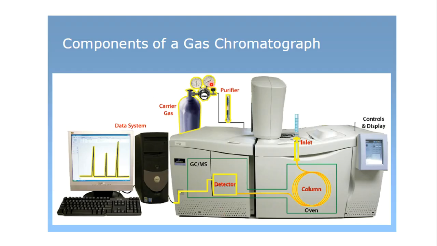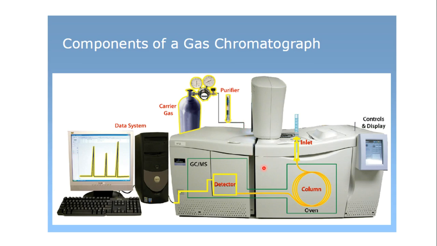Now this is again a chromatography instrument shown, where a cylinder containing the carrier gas is shown. Here a purifier could be present, any type of purifier, if we want to purify the carrier gas. This is the carrier gas flow regulator, where we can speed up or slow down the carrier gas.